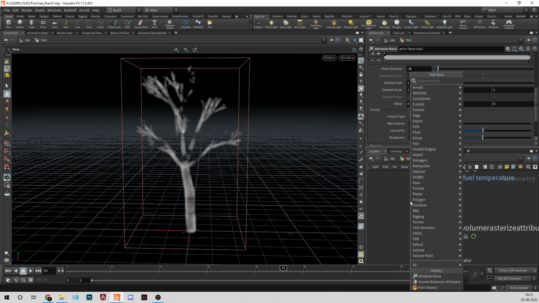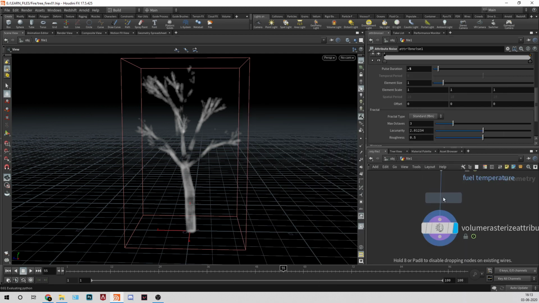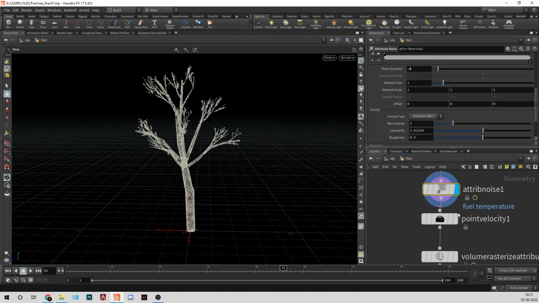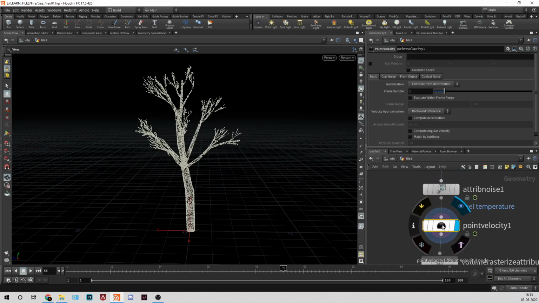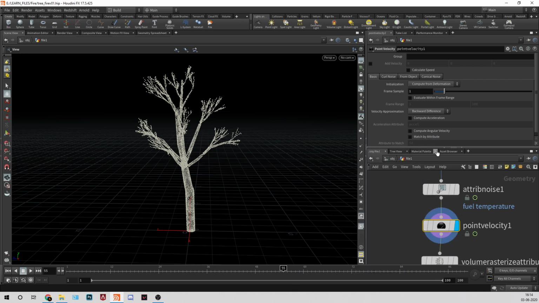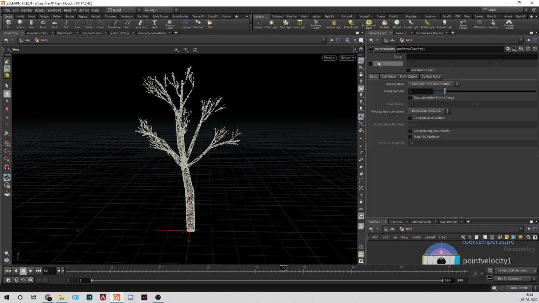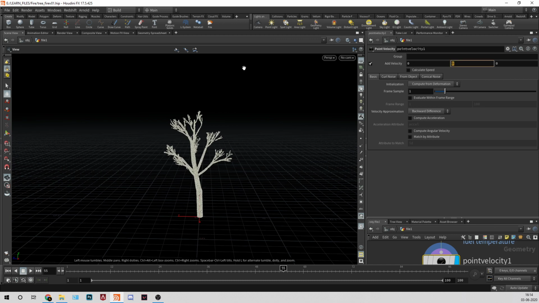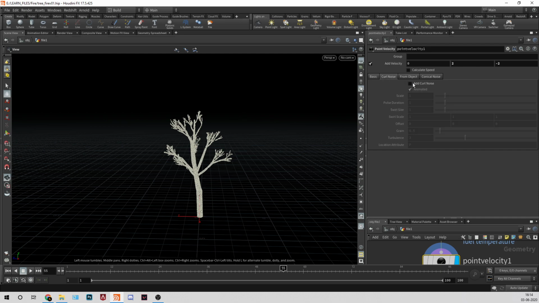One more thing, I need a point velocity. This one is interesting, because till here we don't have any velocity, but here we'll plug it in and create a velocity. You can see we have v. I'll first add a velocity in this direction, which is minus z and y. I'll give 2 and -2, so it will go in this direction. Then I'll give a curl noise.